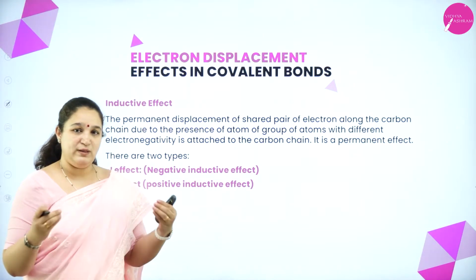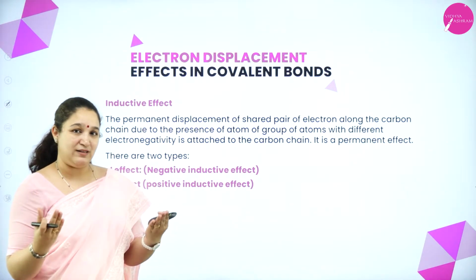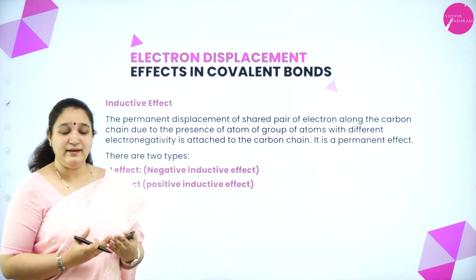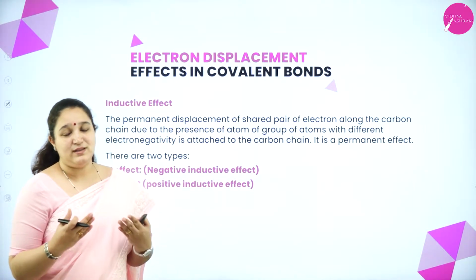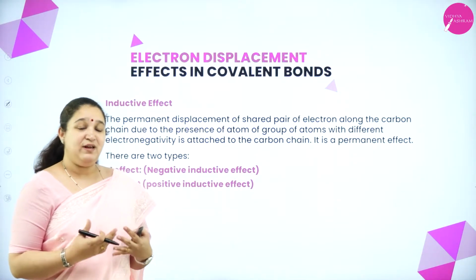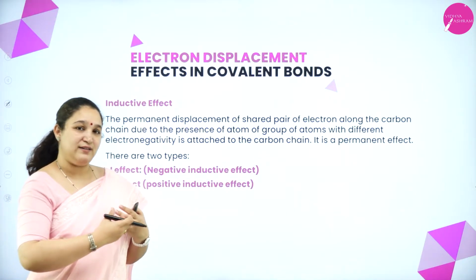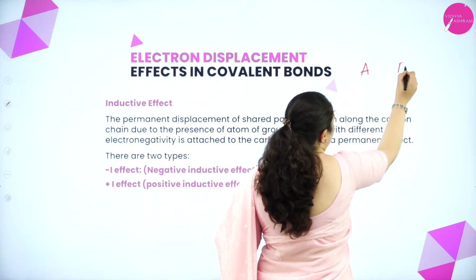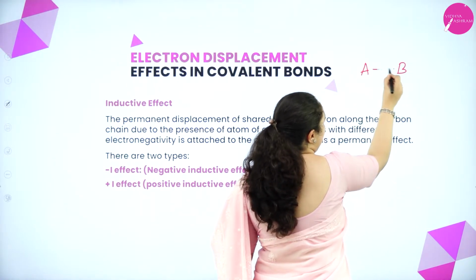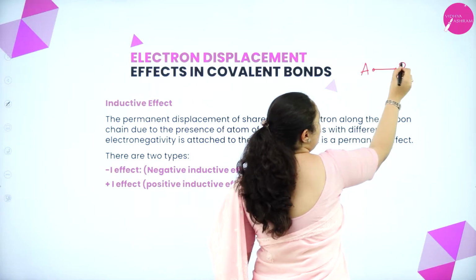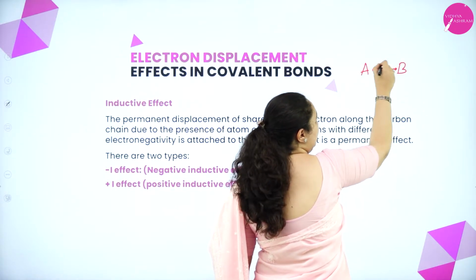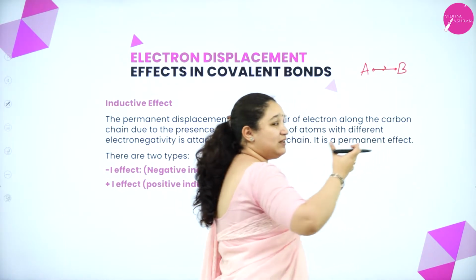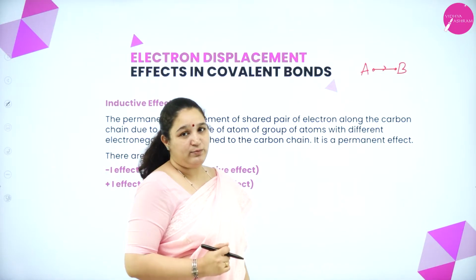That is, in the covalent bond we know that the two atoms which are bonded will give one electron each and they'll form the bond, that is covalent bond. If the electron is attracted more towards one of the species, for example, I'll take A and B. A is giving an electron, B is giving an electron, one bond is formed. So for example, if B is more electronegative, the electron cloud is more towards B and less towards A. We know that it's called the polar covalent bond.